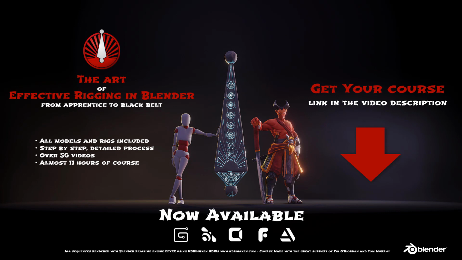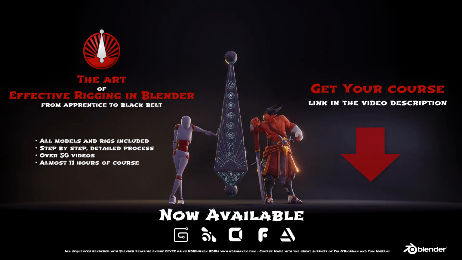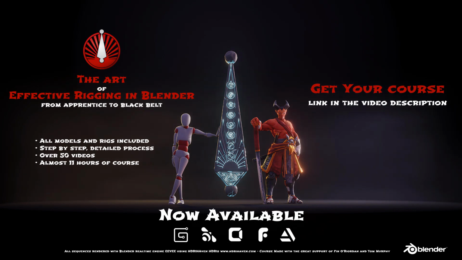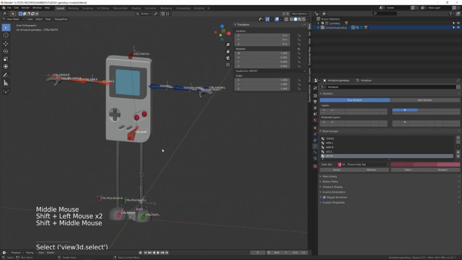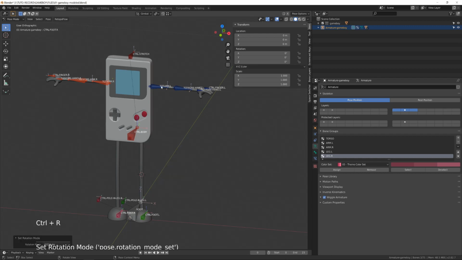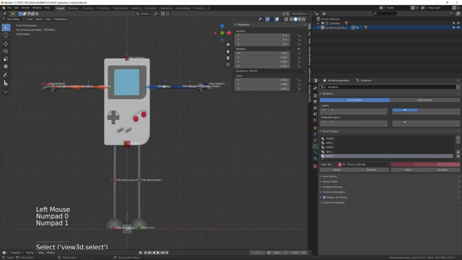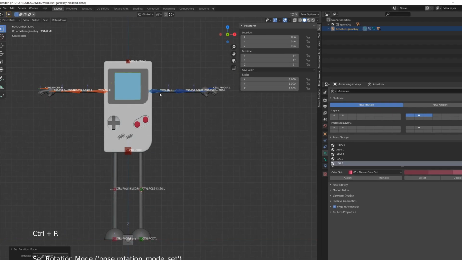Here I just want to make sure that it will be as easy as possible to animate this character and read the animation curve for beginner animators. So what we will do is select all the control bones, press Ctrl R and select XYZ Euler rotation. I will repeat here for the arm, Ctrl R, XYZ Euler rotation. Euler rotation has its limitations, but it's the most obvious to read.